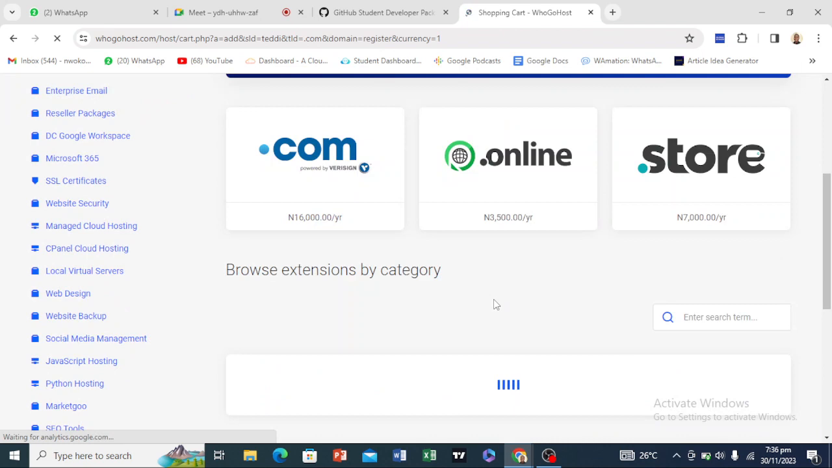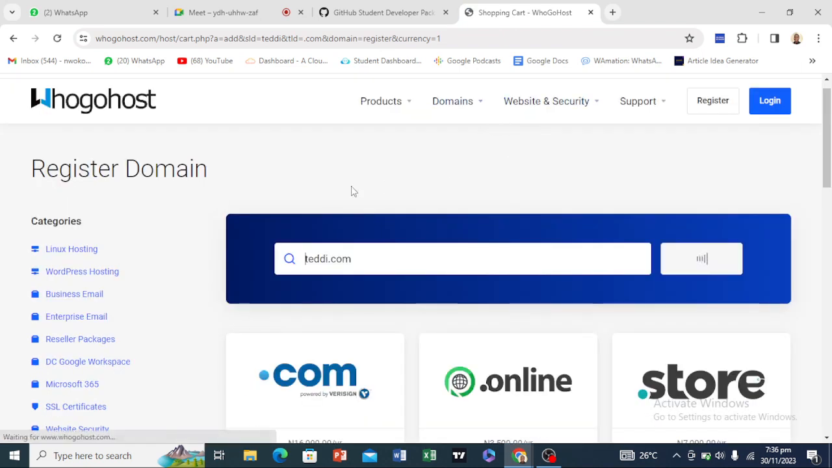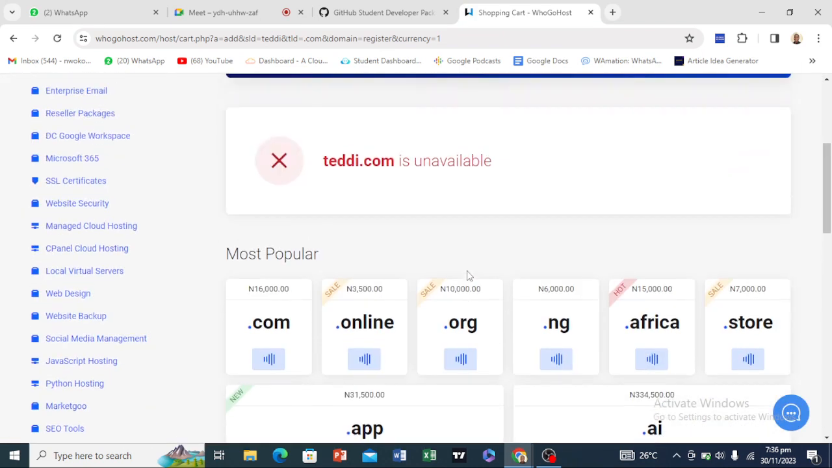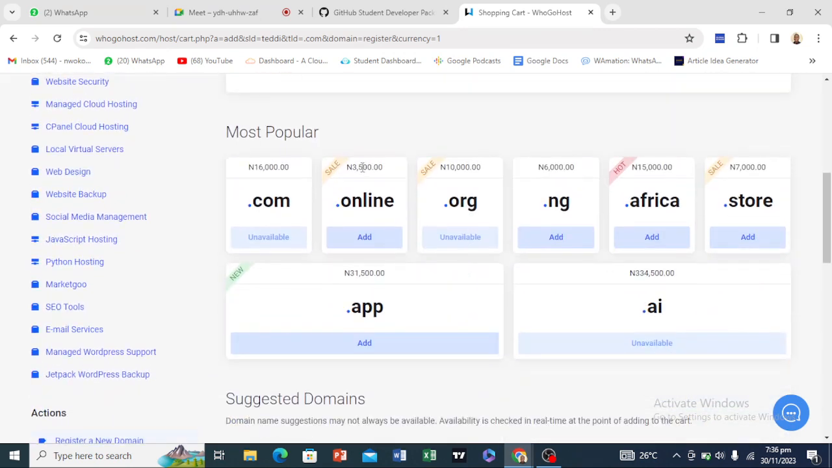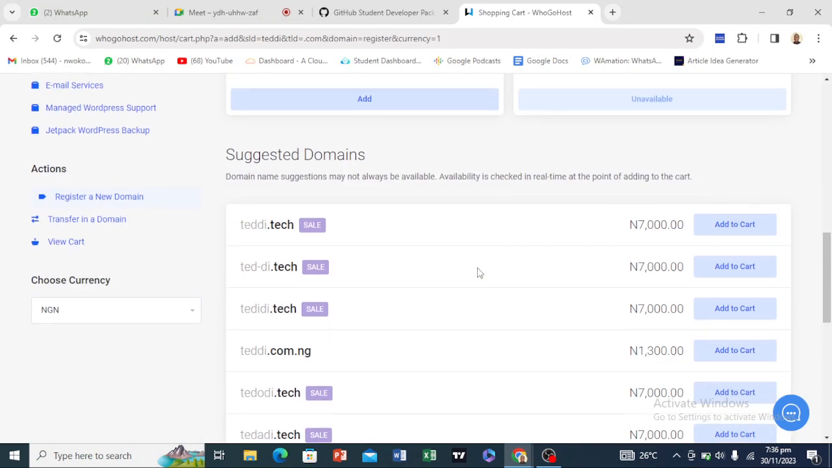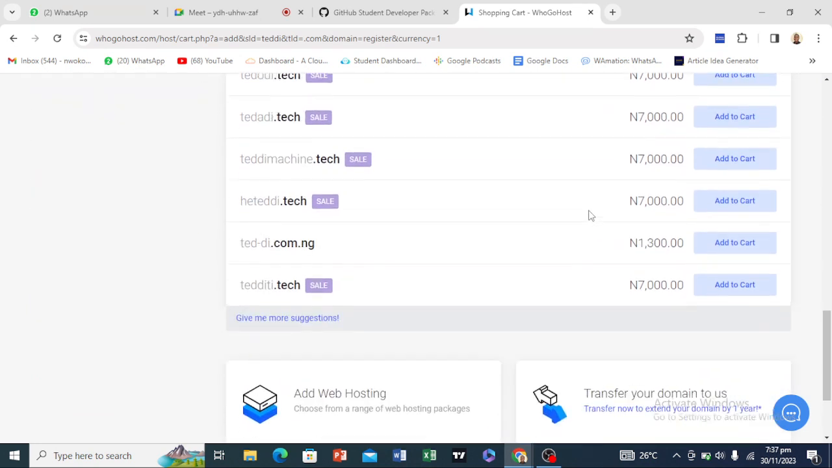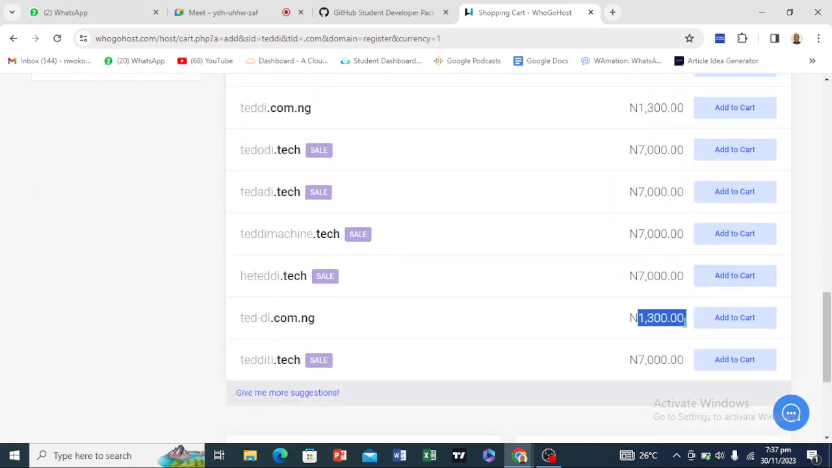Okay, so you can see a bunch of other domain names here. You can see this one is just 3,500 naira. This one is just 8,500 naira, 30.online, right? There are others that will be way cheaper than that. So scrolling down here, you can see all their prices. This one is 1,300 naira, 30.com.ng. So if we add this to cart,